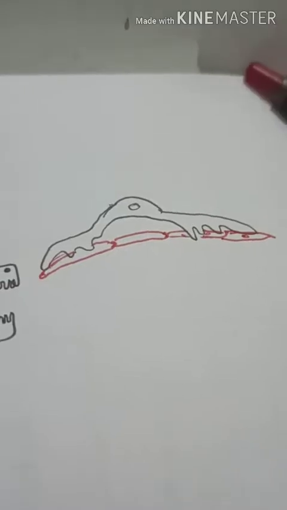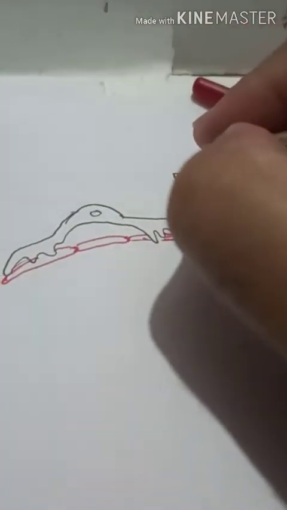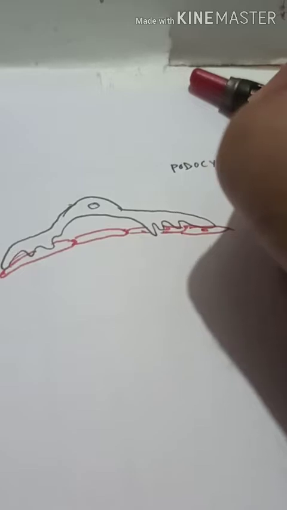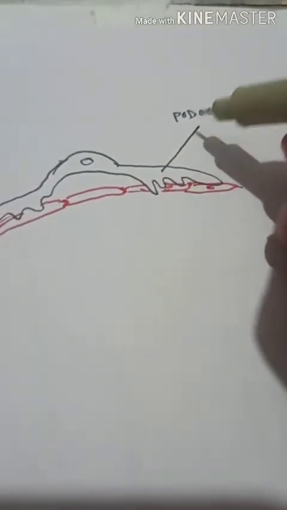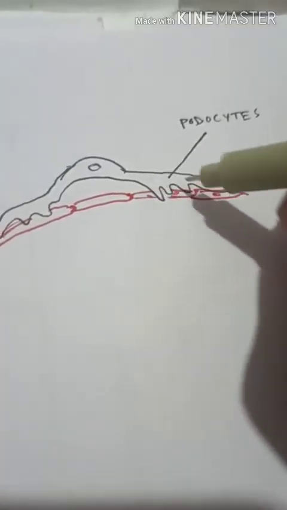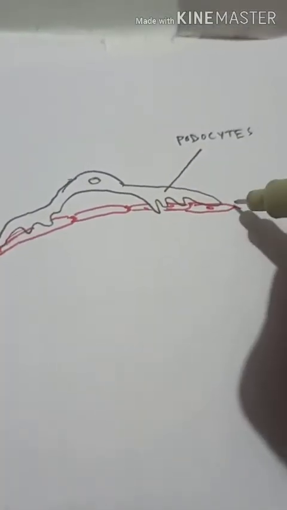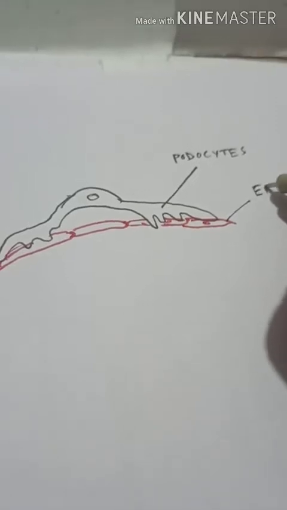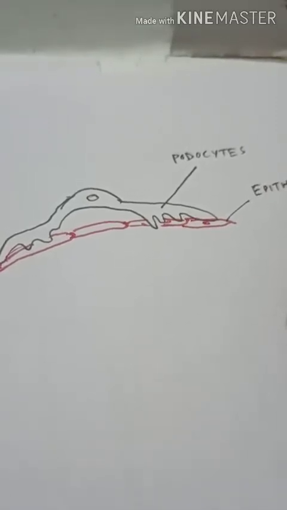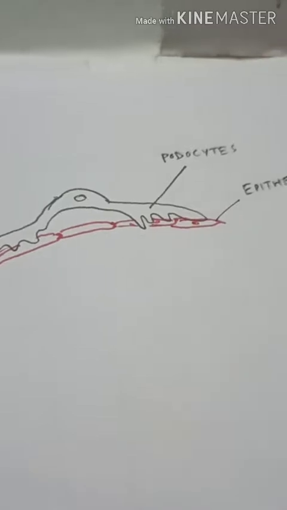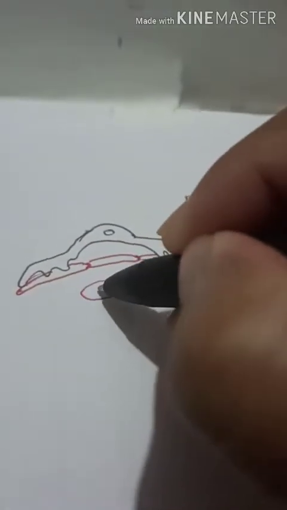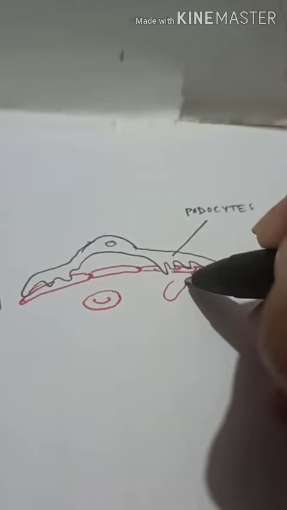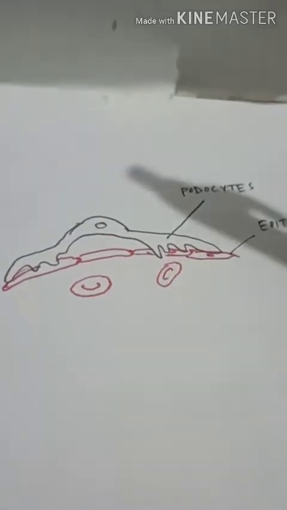Okay, so this cell is known as the podocyte. This one is called that because it actually has these feet-like projections from it. And this is the epithelium of the capillaries. What is happening there is that through this capillary, a large amount of blood is traveling.